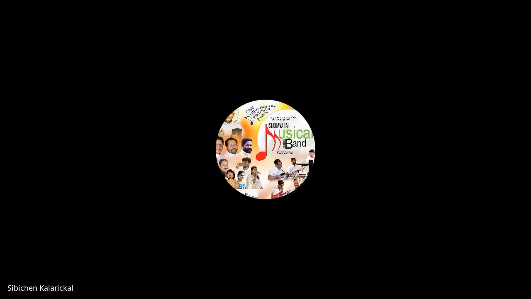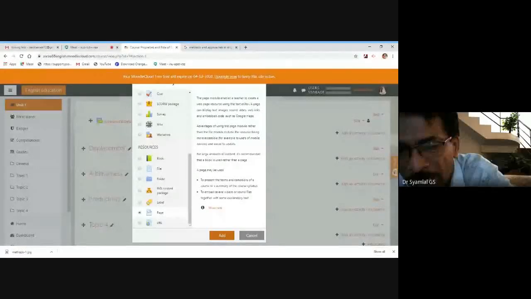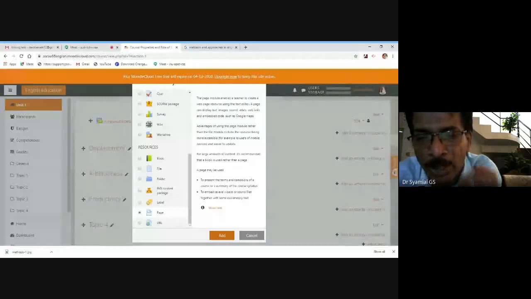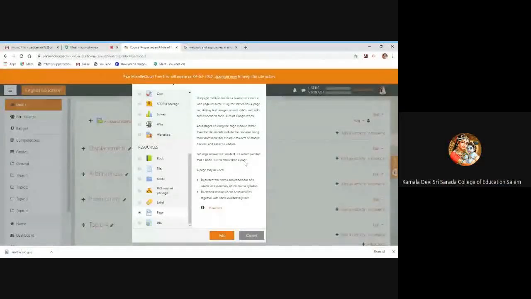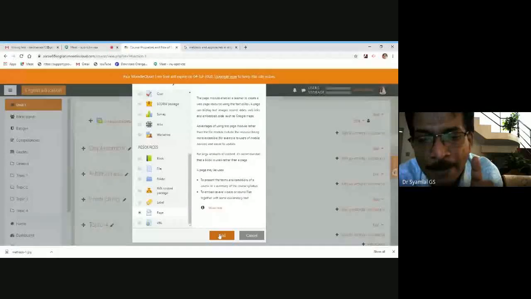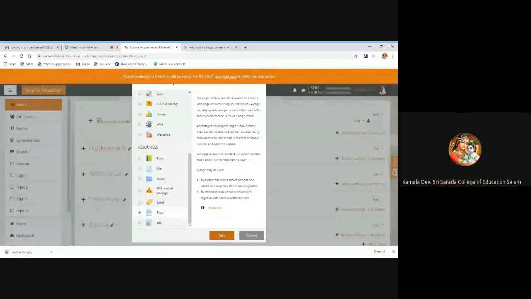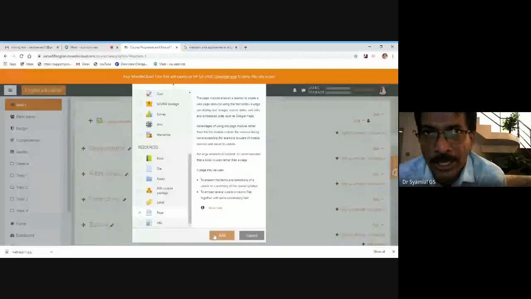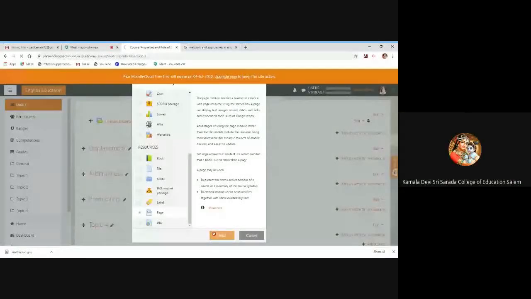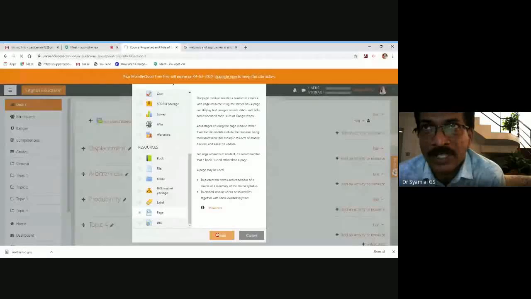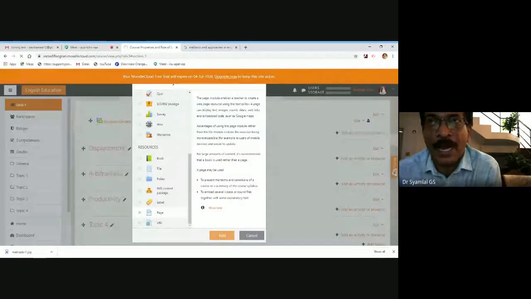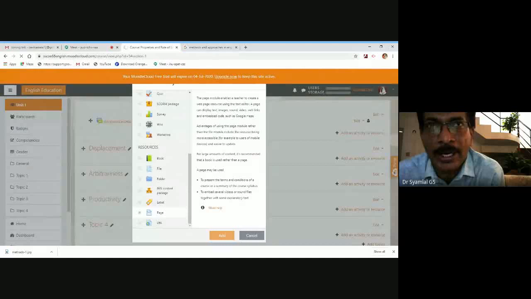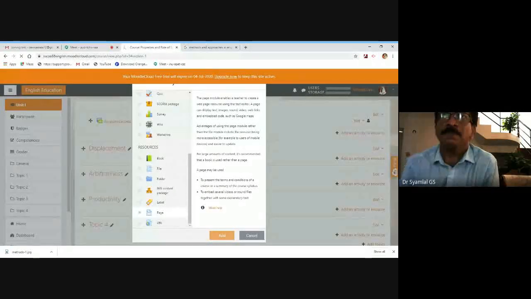Okay then. So now Kamala, do one thing. Click on Add. Wait, keep your mouse on Add. Friends, keep your mouse on Add and see what is seen on Kamala's screen. Kamala, click on Add. Friends, click on that orange box, Add, because it is highlighted and it conveys that you should do the next step. What is your next step? Add. Now, Kamala, click on Add and complete the process.